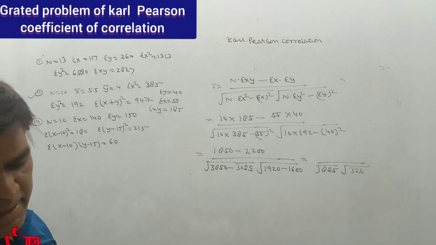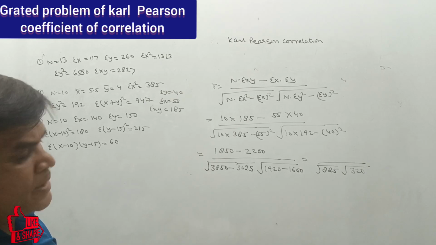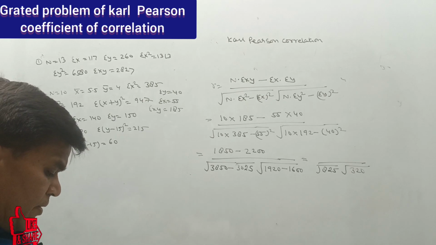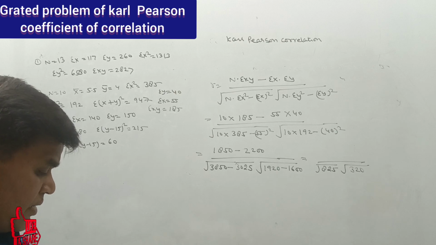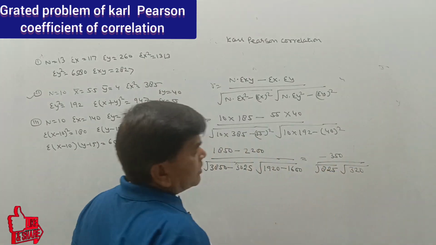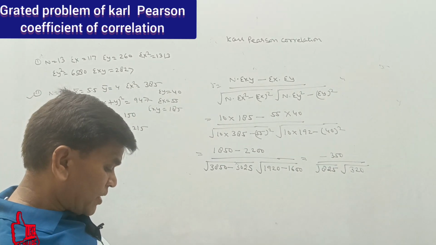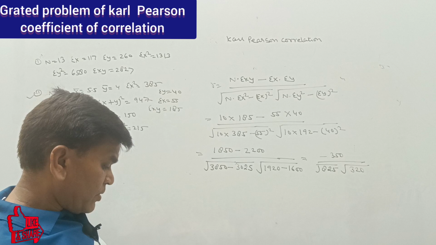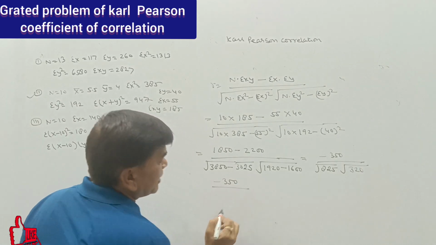There may be a minus value over there, so the result may be minus, no problem at all. 1850 minus 2200 is minus 350. So under root of 825 multiply 320, and minus 350 divided by